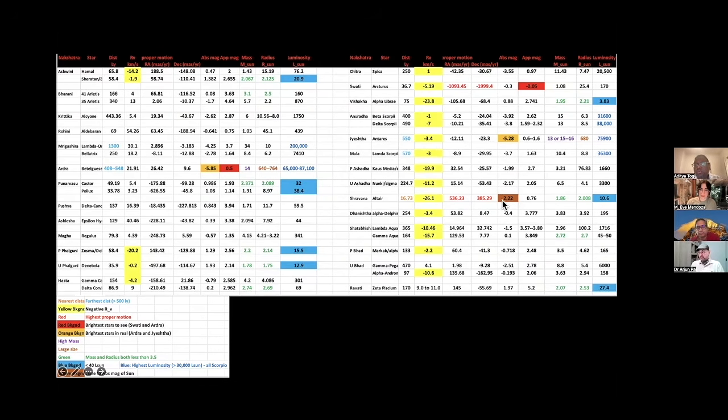2.22 is the absolute magnitude. Now, 2.22 is very close to our Sun's absolute magnitude. The Sun's absolute magnitude is plus 4. Absolute, I'm talking, not apparent, absolute. Very close to the Sun's property, very close to the Sun's mass, almost similar to the Sun's radius. Luminosity is 10 times, but still in this scale where it goes from 10 to 30,000, it's still very close to the luminosity of the Sun. All the properties of Shravana's Yogatara are very similar to our Sun in terms of mass, radius, absolute magnitude, coming close to us at a very high speed, the closest star.